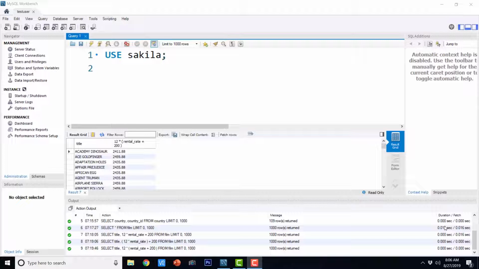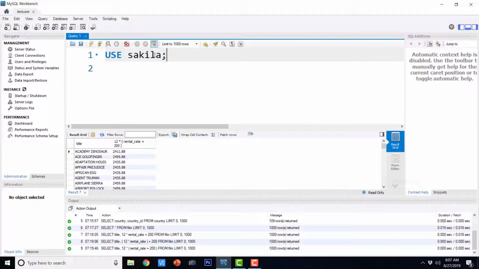So null is something that means absence of data. I have already given you examples of 0 in the numeric column and empty string in the string or character columns. Null is neither 0 nor an empty string. It means the absence of the value altogether. So we are going to see that in a moment. Now let's execute this query first.